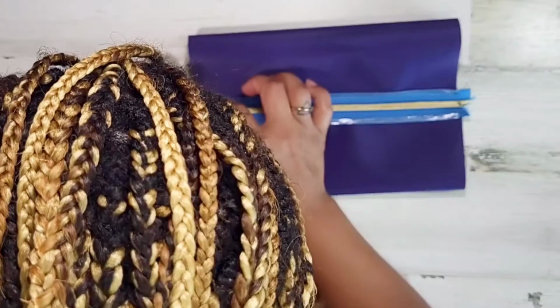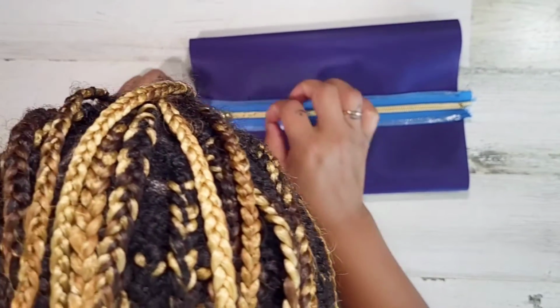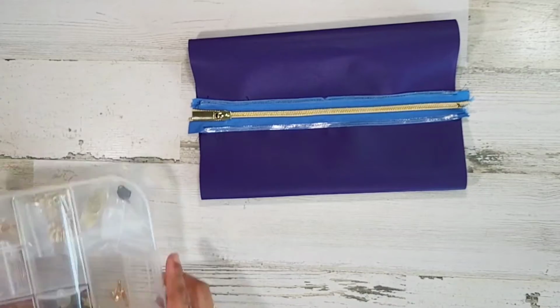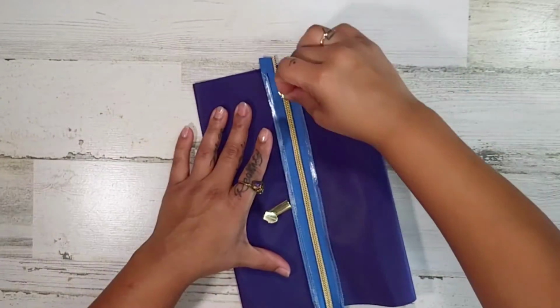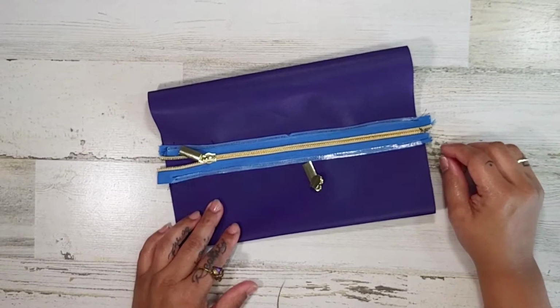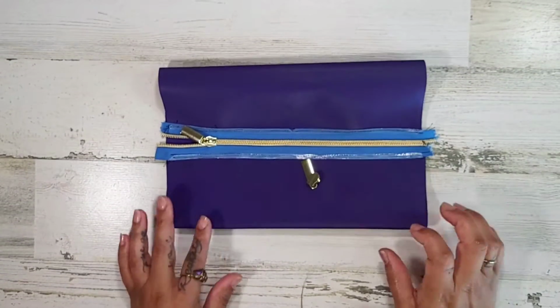Oh no, it looks like there's a scratch on my zipper. Dang it. That's annoying. Dang it, I gotta put it on from the side that I already...